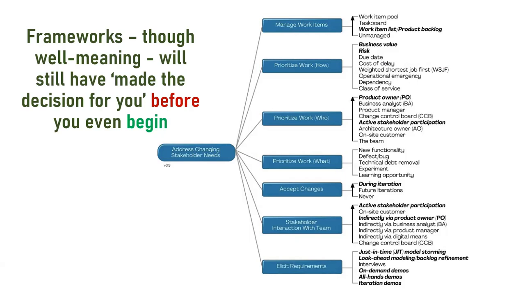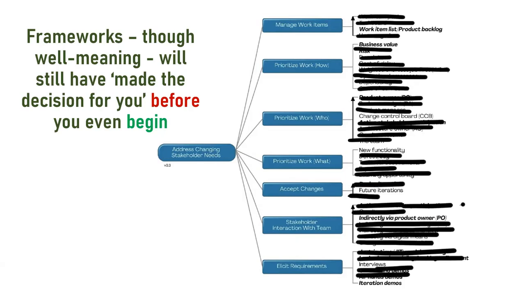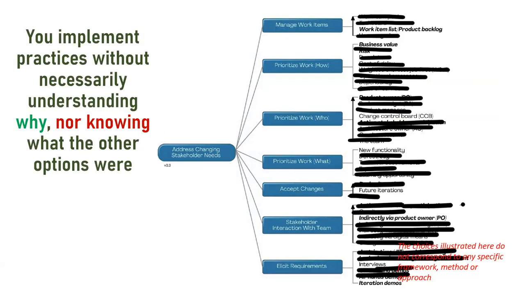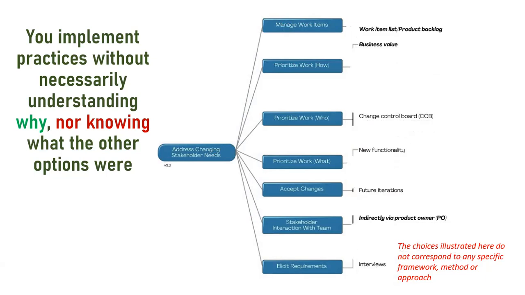And that looks like the following. It looks like a sort of Panama Papers or WikiLeaks redacted document, right? If we could see this live, basically the framework creators have now crossed out what they believe is not a good choice for their framework. So what you wind up with when you are following or trying to implement a framework is you're implementing these practices, but without really knowing why nor understanding what your other options were. So you wind up with this very limited palette.